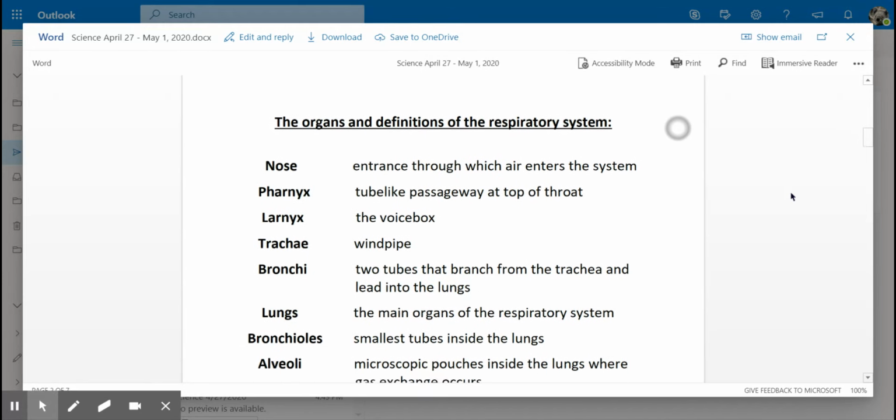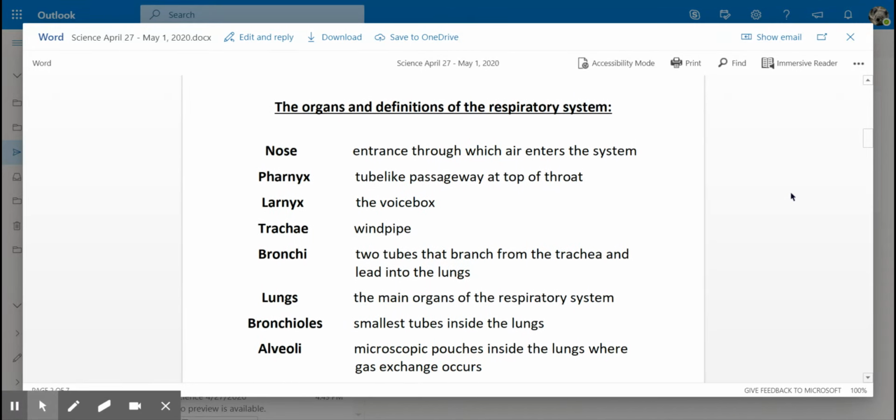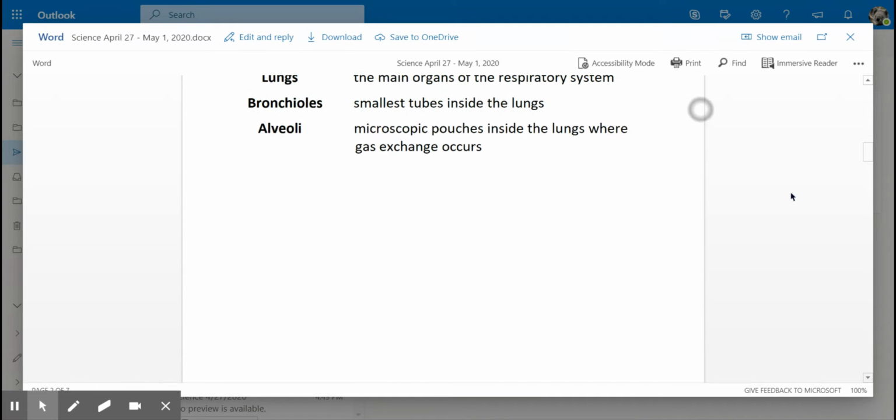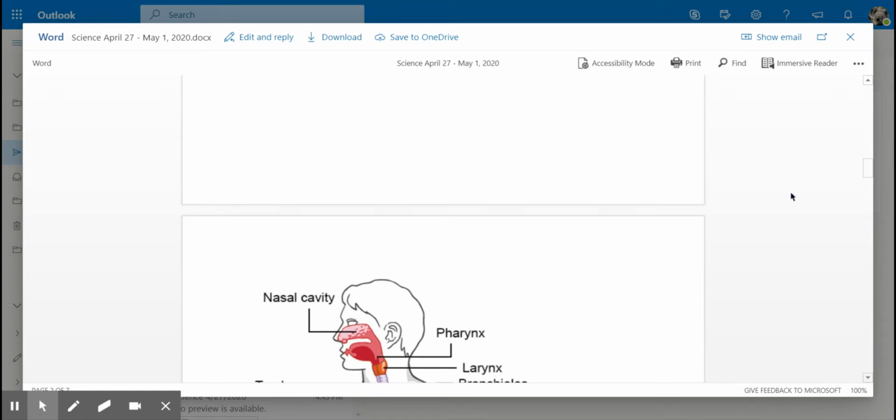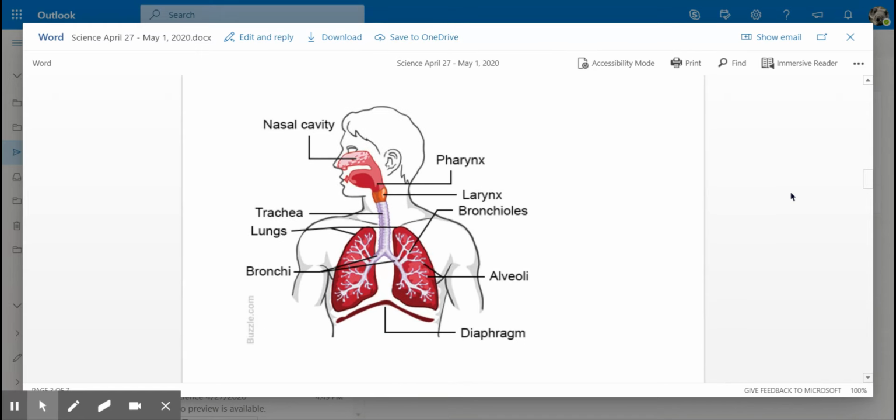The parts of the respiratory system. We have the nose, the pharynx, the larynx, the trachea, the bronchi, lungs, bronchioles, and alveoli. Here's a diagram of what they do. The nose, that's right here,